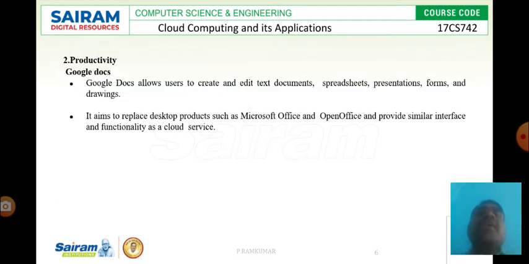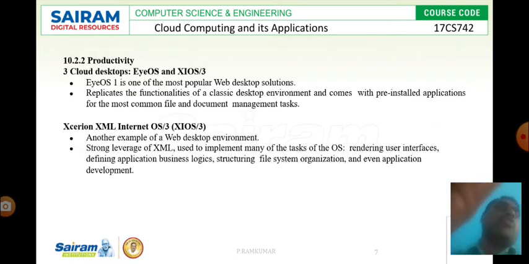Then productivity: Google Docs allows users to create and edit text documents, spreadsheets, presentations, forms and drawings. It aims to replace desktop products like Microsoft Office and OpenOffice, and it provides a similar interface and functionality as a cloud service. The next productivity example is the cloud desktop, iCloud and EyeOS. EyeOS is one of the most popular web desktop solutions.